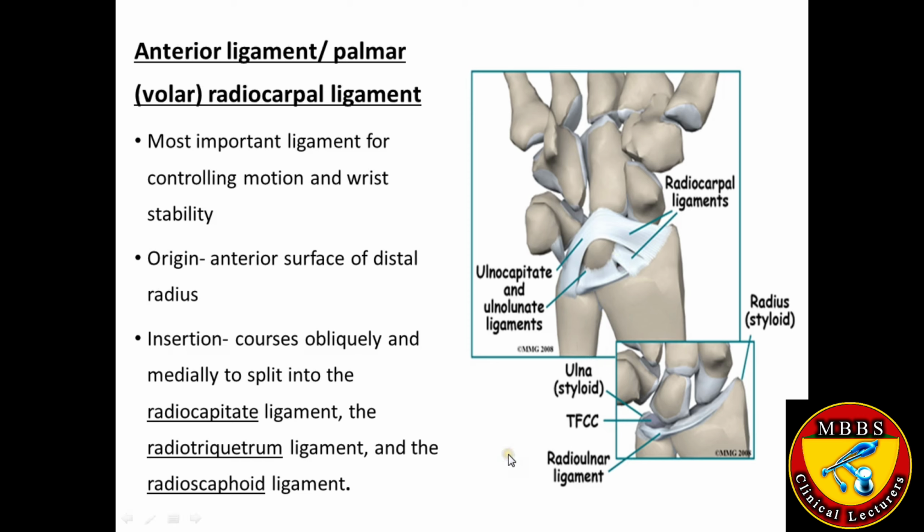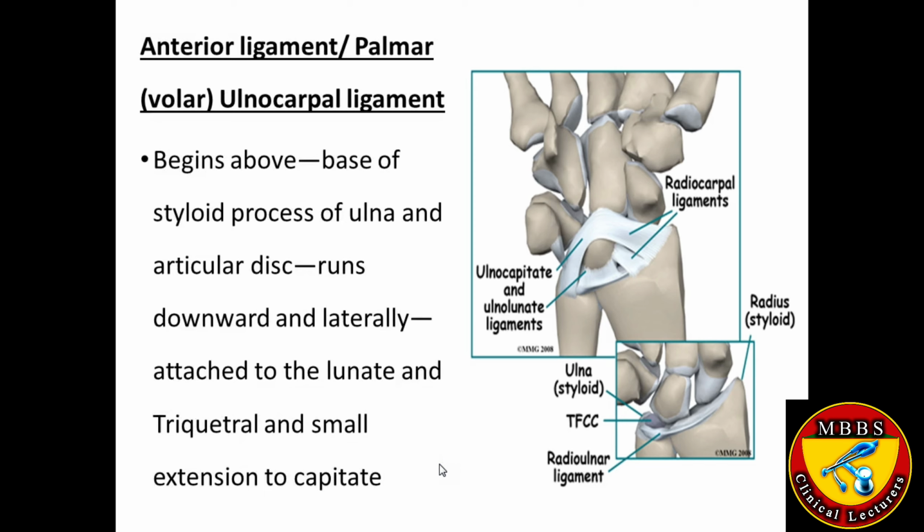One thing I told you is that the name of a ligament is according to its attachment on the bones. On whichever bones they are attached, the name is given accordingly. Radiotriquetral means the small ligament which attaches to the radius bone at the distal end and attaches to the triquetrum. In the same way, the radioscaphoid ligament is the same thing.